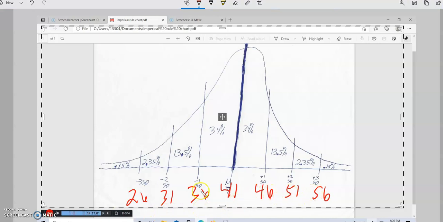Add 5, add 5, add 5. I'm running out of time. Subtract 5, subtract 5, subtract 5, and the answers you will